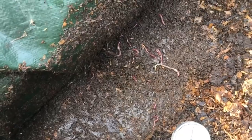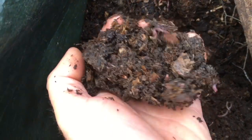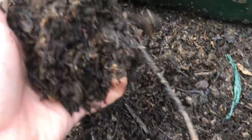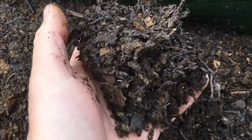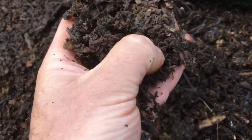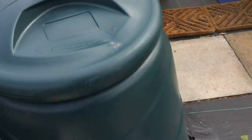And then in this next bed here, this is that same horse manure a month or so later on, as you can see, this is looking pretty good. And then this is horse manure mixed with wood chips. And this is from December, and you can see there's still some big chunks of wood in there, but I'm really pleased with the way that is composting down. And then I take that and pop it in the dalek, and this was actually topped up with some raw manure, but this is kind of what it looks like in here. So this is about 6 months on,